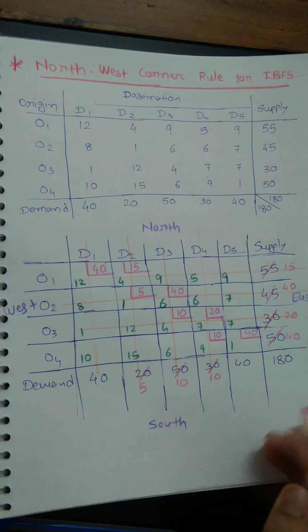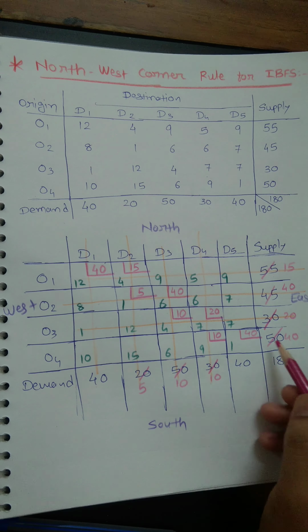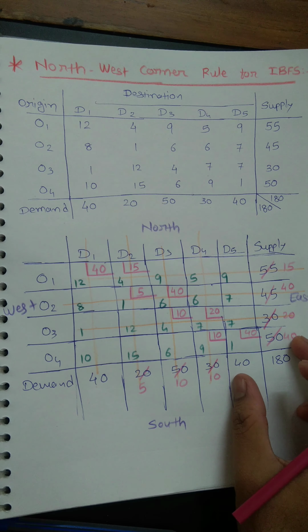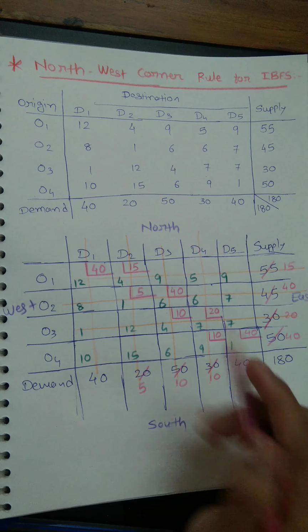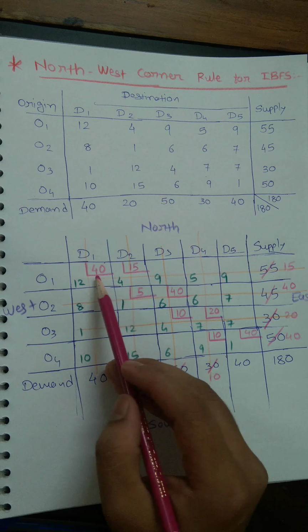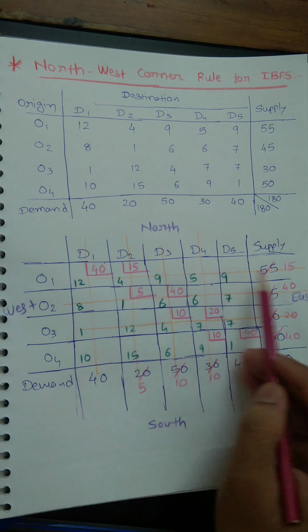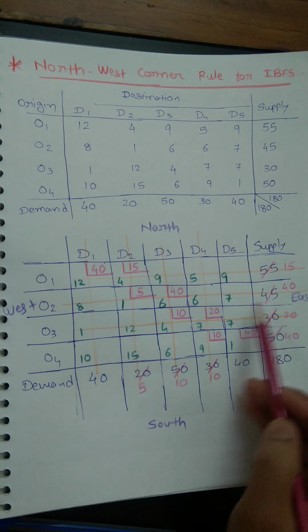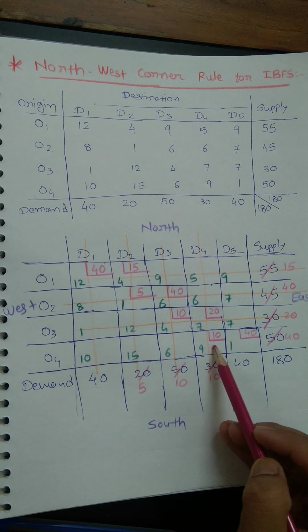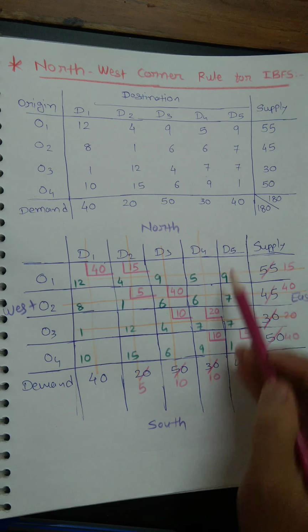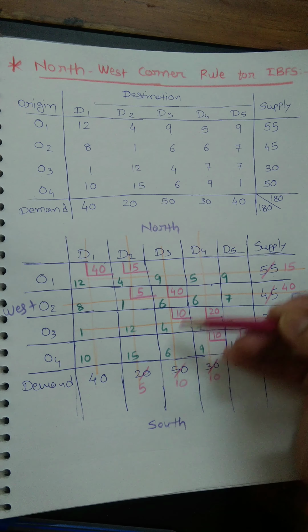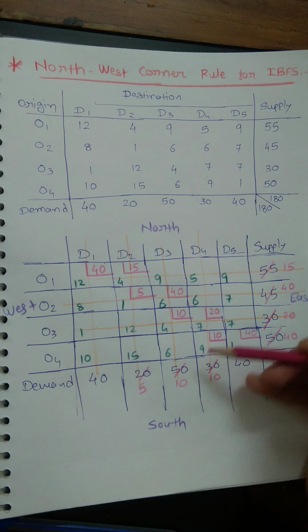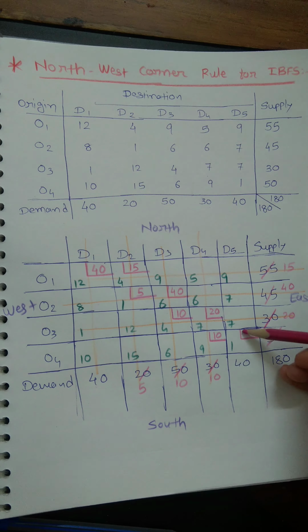Okay, definitely as supply is equal to demand, in the last particular cell you will get both the numbers the same, that is supply will equal demand, and only then will this be matched. Now if you cross-check this, 40 plus 15 will become 55, 5 plus 40 is 45, 10 plus 20 is 30, 10 plus 40 is 50, so all the supplies have been matched. Similarly for the demand, 40, 15 plus 5 is 20, 40 plus 10 is 50, 20 plus 10 is 30, and 40.